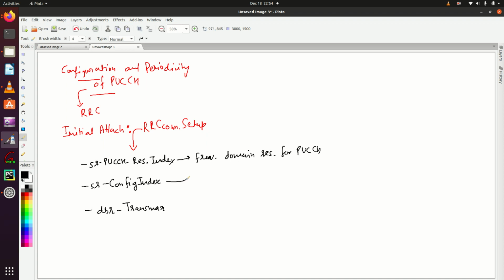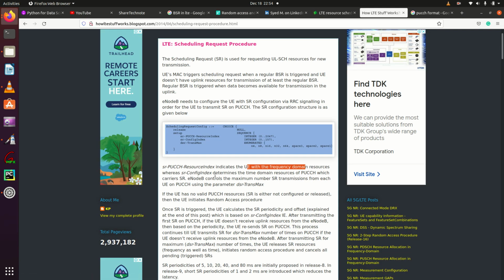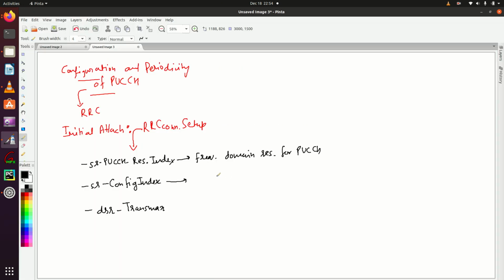And this SR config index determines the time domain resources for PUCCH.